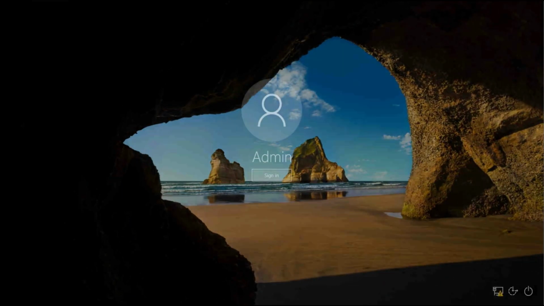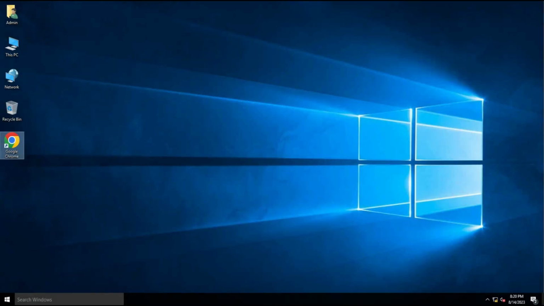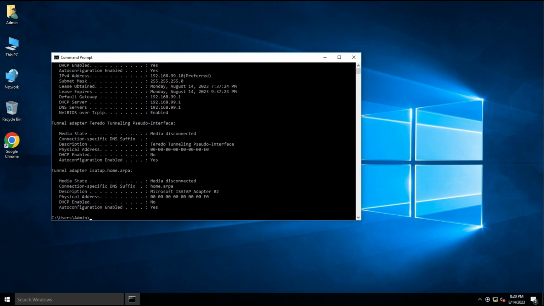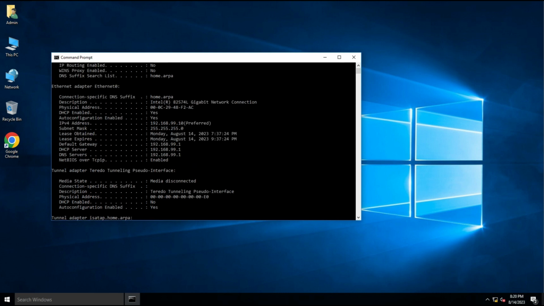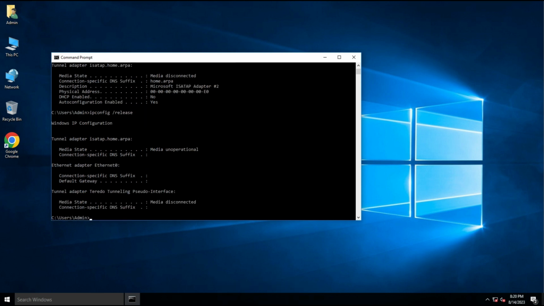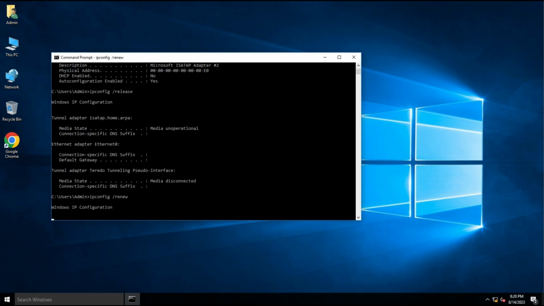Now, on the computer that connects to our pfSense at the LAN port, open the web browser, then go to the pfSense IP address that we just saw on the pfSense screen. By default that IP address will be 192.168.1.1. To make sure the IP address is generated correctly, we open the command line program and input the command